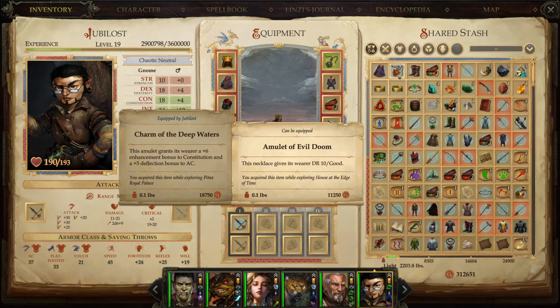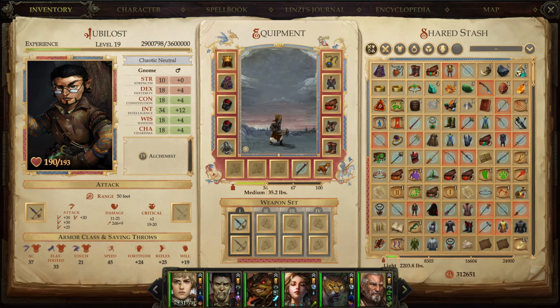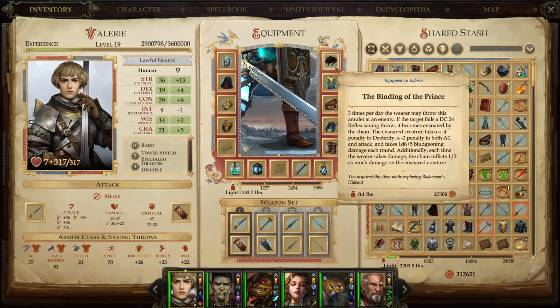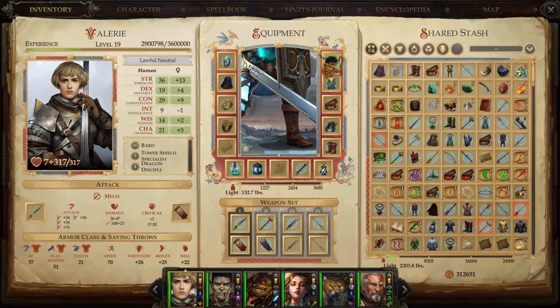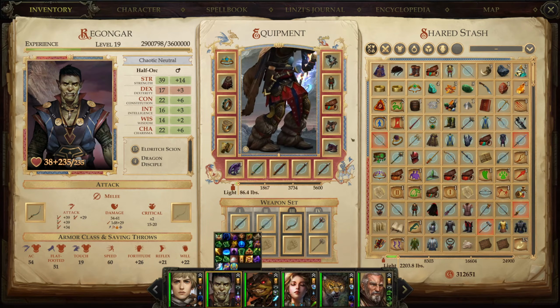What this means is, in order for somebody to bypass this damage reduction, they would have to have a good aligned weapon, which I guess for the enemies is going to be a rarity. So I could even give this to someone like you, right? Instead of having this. Sure. He also has Manticore skin boots, more movement speed, and +4 enhancement bonus natural armor. I can give this to...